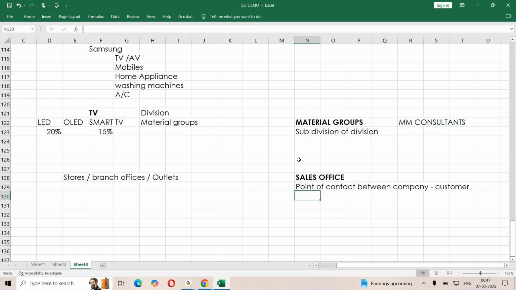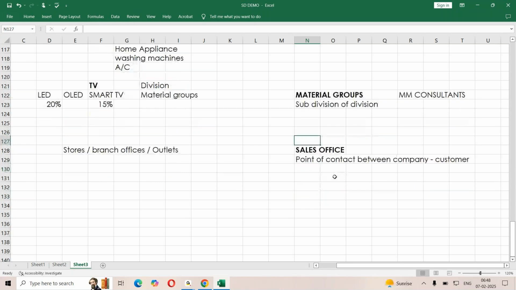So as a customer, if you have any issue related to the product, or if you want to do any kind of price negotiation, or you want to get some more discount, you want to put a request, this is a place where you visit for that particular communication process. And this sales office is what we call a physical geographical location.